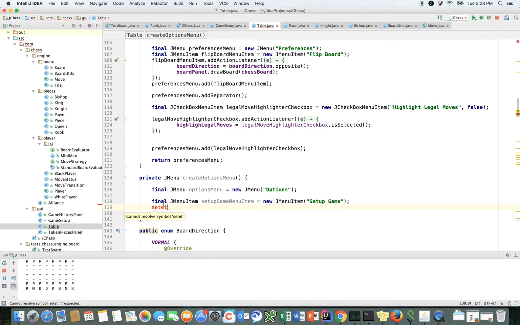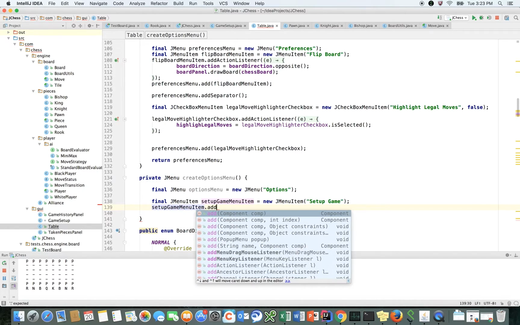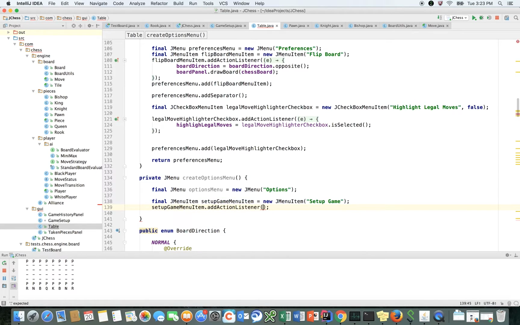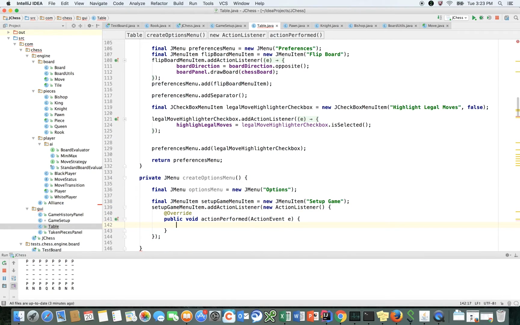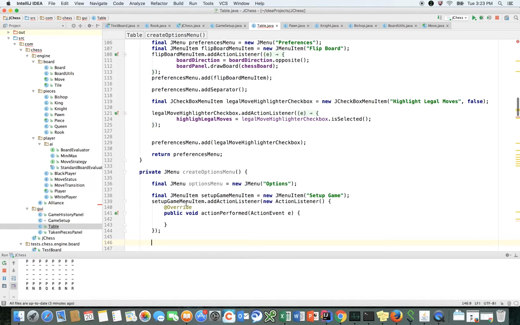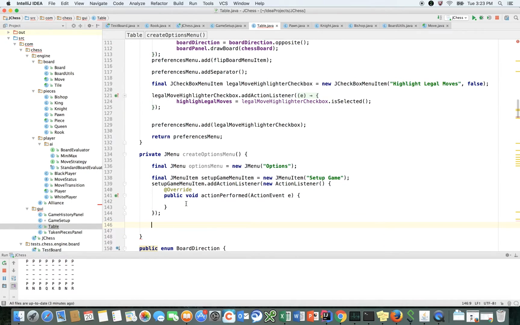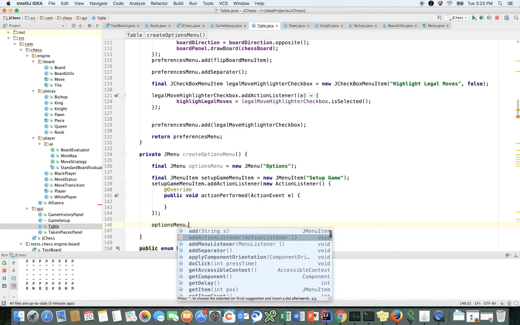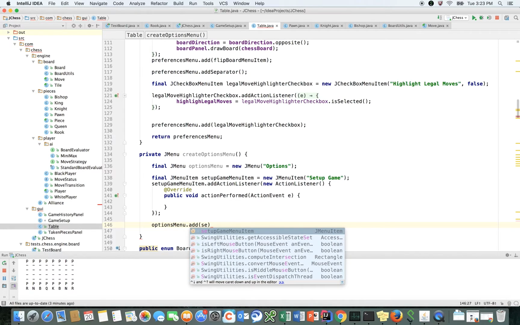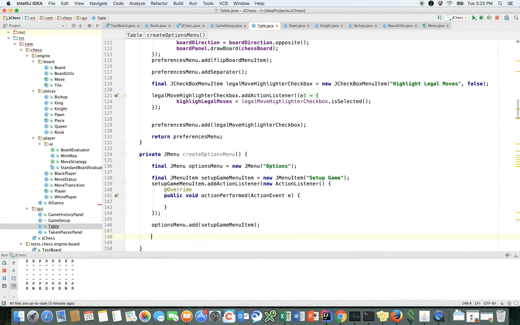Oops. Add action listener, new action listener, and this is where we're going to do the work of adding our game setup. And options menu dot add setup menu item, return the options menu, and in here we're just going to say table dot